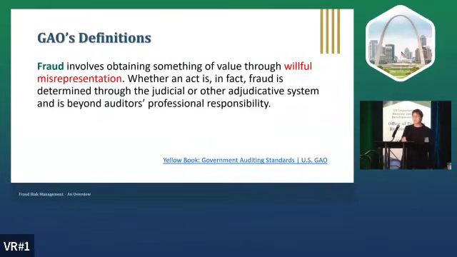But here's the really interesting thing, and this is out of GAO's Yellow Book because I'm an auditor. I like to go to Yellow Book. It's my book of rules. But this is not only in Yellow Book. GAO actually has a report on fraud, waste, and abuse that has these very same definitions. And what's really interesting, even in GAO's report, is I don't make the determination whether or not something's fraudulent. That is up to legal or the courts. So it's going to be up to a United States attorney, a DA, or the courts. I can say, looks like fraud. I don't actually get to call it fraud.